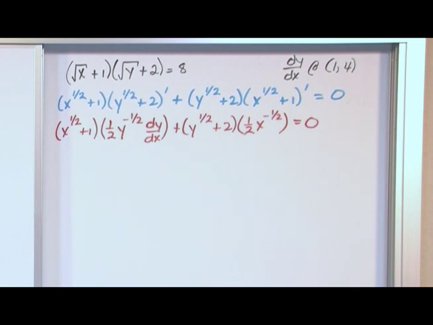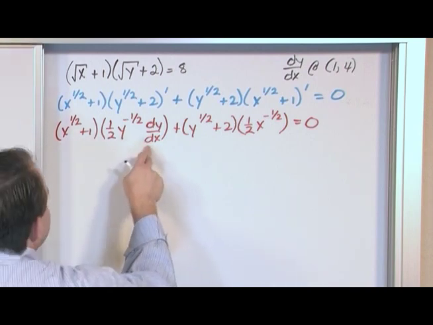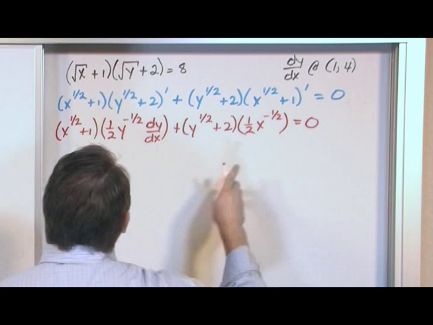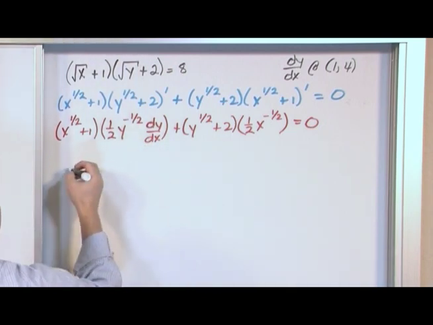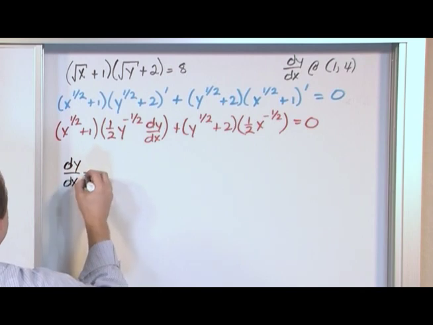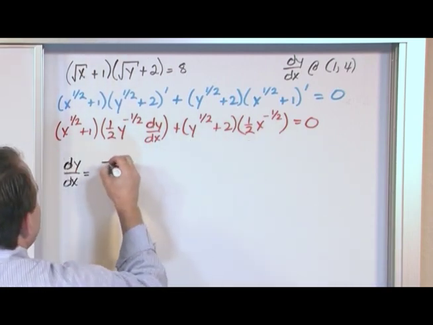Now what we ultimately want to do is solve for dy/dx. Notice that all of this stuff is multiplied together over here, and all of this, they have an addition here. So let's move this entire quantity over there. Basically, let's solve for dy/dx. dy/dx is equal to, I'm going to introduce a negative sign when I move this whole thing over here, so I'm going to have negative